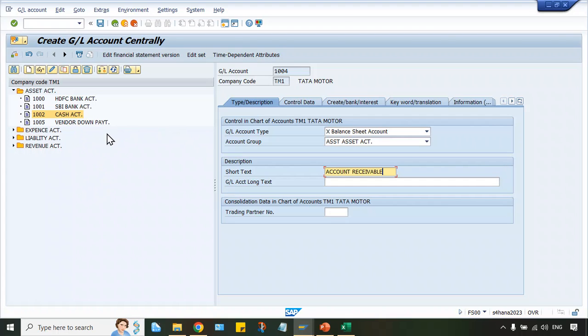That's fine. And very soon all these GLs and every setting are going to be deleted, guys, because now the server will be formatted. The format will be taking place today itself. So in the next explanations, I have to do all these configurations once again. This server format is a routine activity that happens once a year. When the format is done, all the configurations I have done will be deleted. But I'll tell you guys, we can do all the configurations once again in just 30 minutes, because only configurations we have to do.